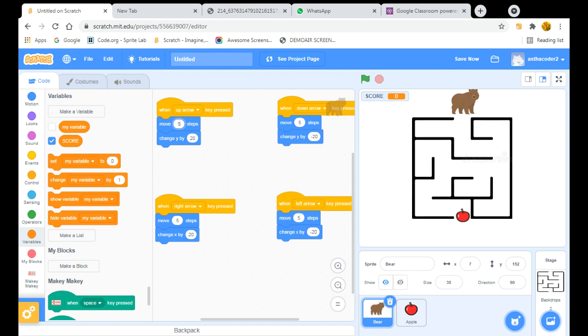Now let's check, is it really working or not? So from here we can get to know. For that, let's press the up arrow. Now let's press the down arrow. Down, down, down. Now right, right, right. It's moving to the right. Now let's go to the left, left, left, left.